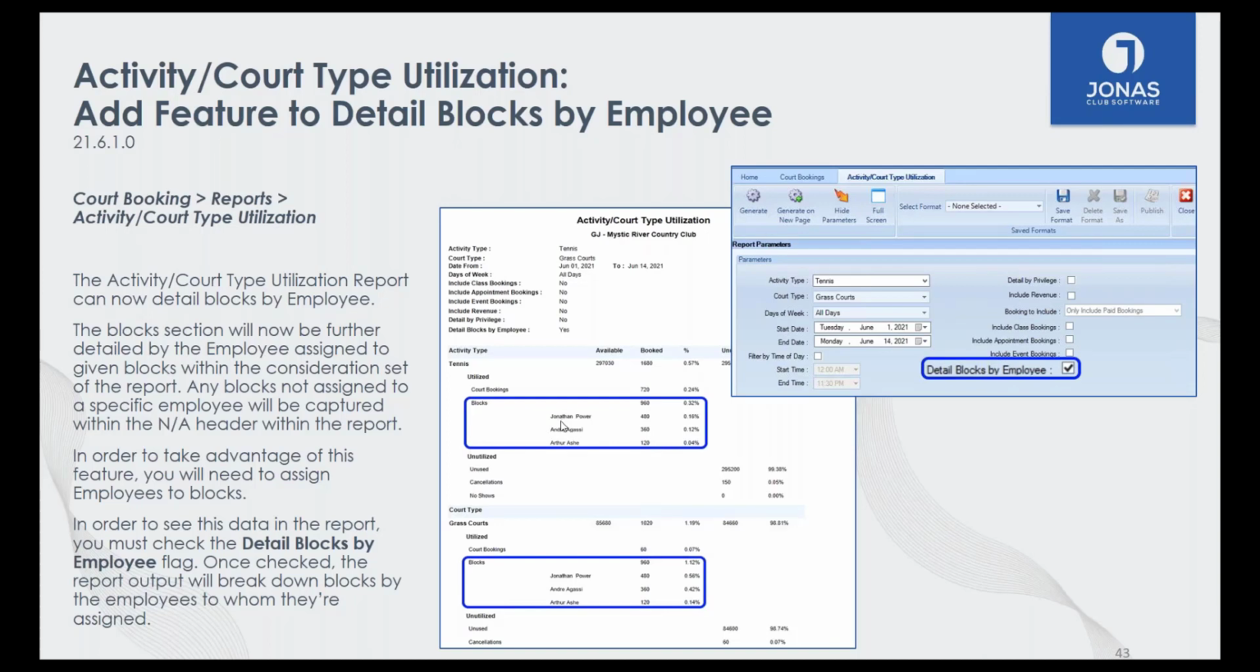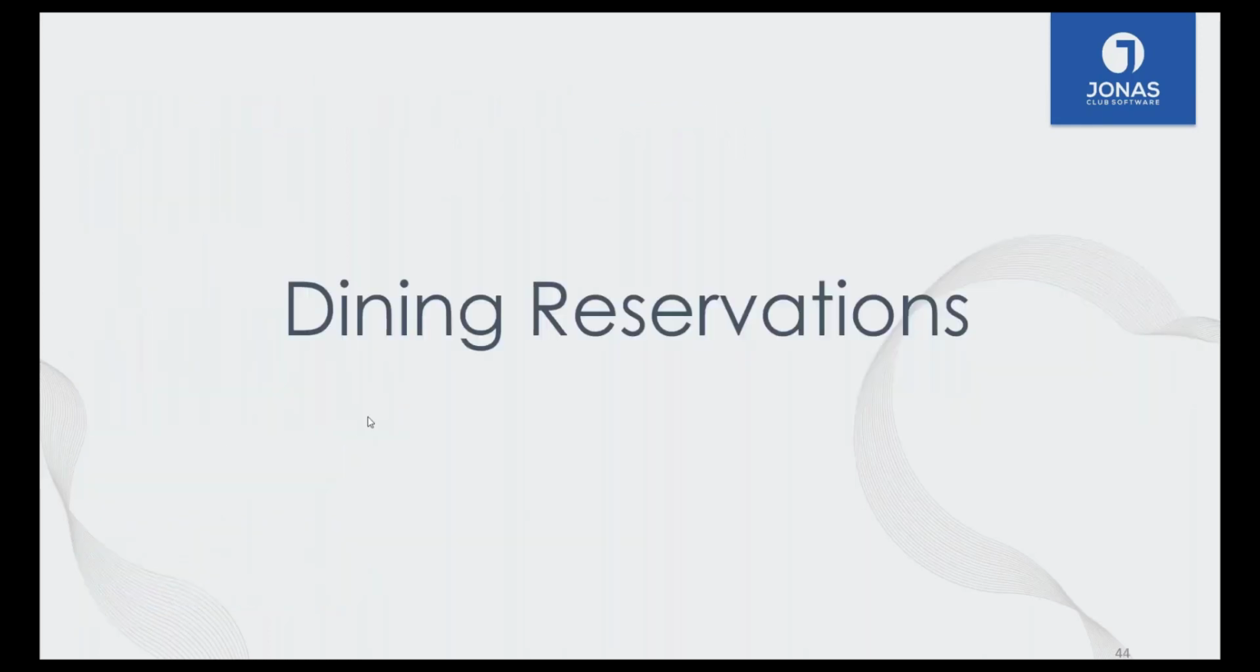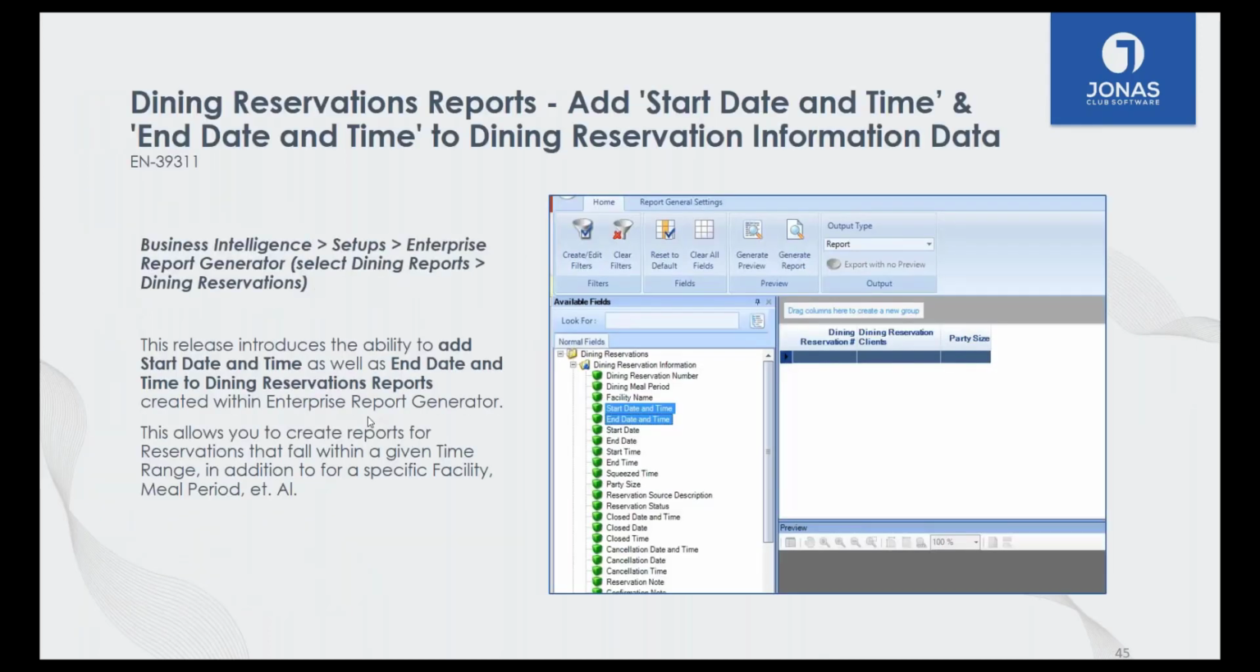If you actually wanted to see it as employees, just assign it to an employee that's eligible for courts, and they'll show up on the report much like you've seen here. So a little more ability to see what the blocks are being utilized for as opposed to just grouping them all together as blocks. All right, let's move on to dining reservations,